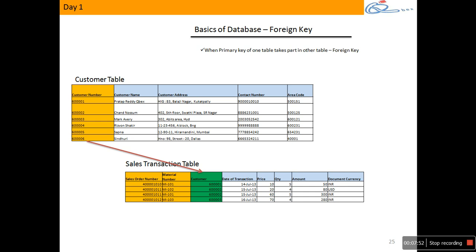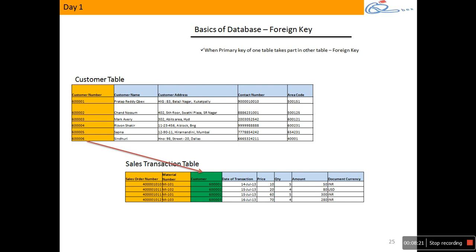Now look at these tables. How many tables do I have here? I've got 2 tables. One is the customer table, which stores all the details of the customer. I've got another table called sales transaction data, the sales table, which stores all my sales order details in it. Now by looking at these 2 tables, tell me, are you able to see the data or not? Tell me who was the customer who performed order number 1010.